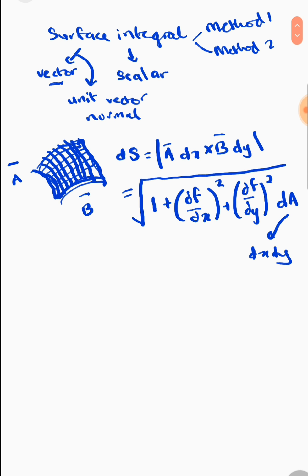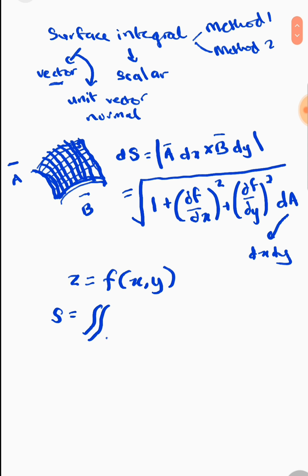So if ds is given by this, and let's say you have a function of z expressed in terms of x and y, if you see this case, then here comes the formula. Our surface integral will basically be